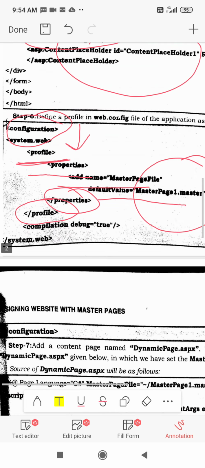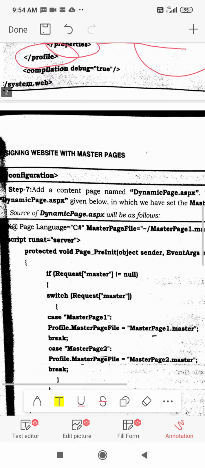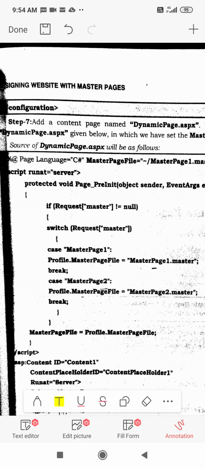Then I have created a web.config file. Then there is a content page to be defined. So the extra step we have done is creating a web.config profile. The rest is similar to the creation of a master page. Instead of creating a single master page, we can create multiple master pages, and in each master page we can have